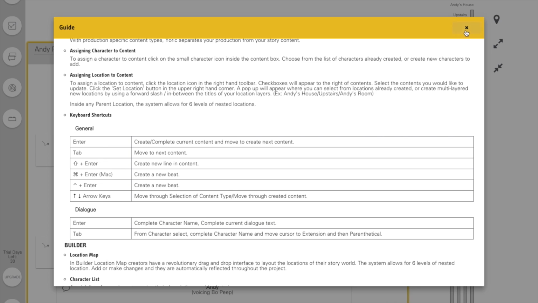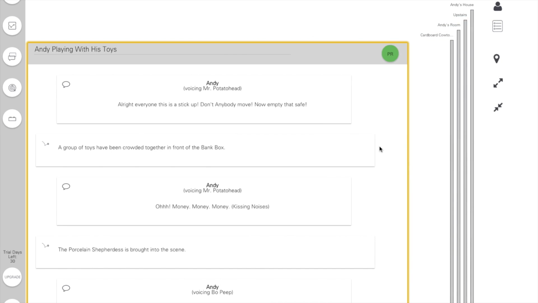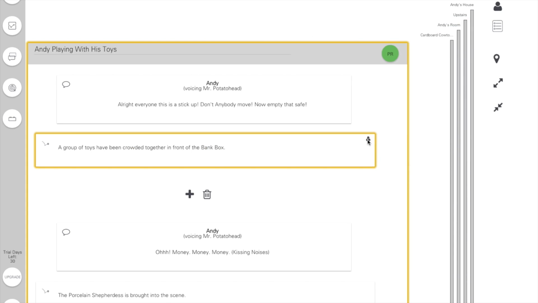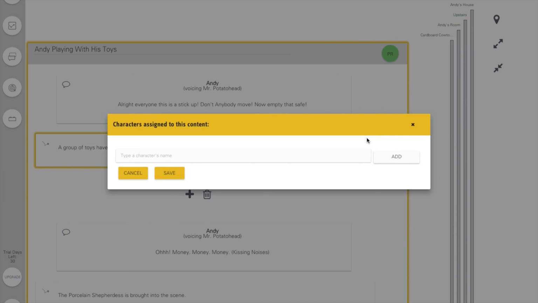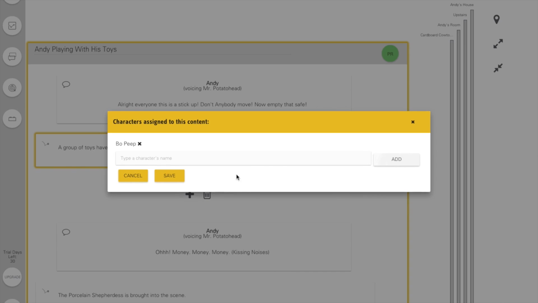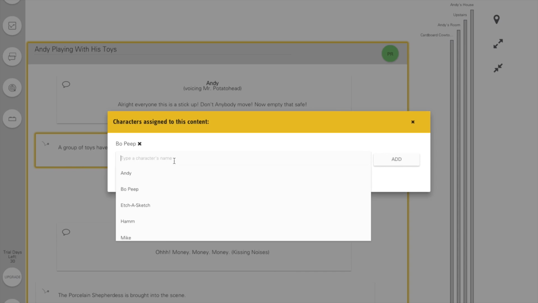When you're creating content, you'll notice the small character button inside. Click on it to add specific characters to the individual content. Simply type the character's name, click add, and save. I recommend doing both your character additions to content